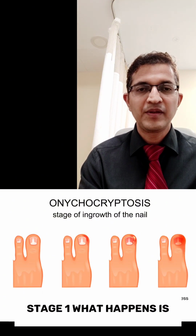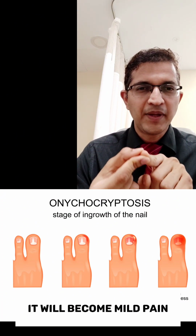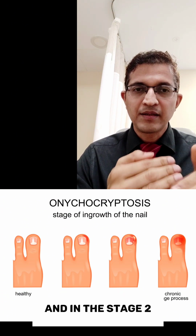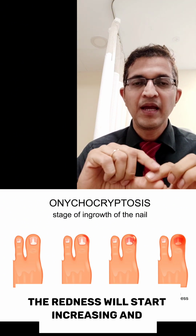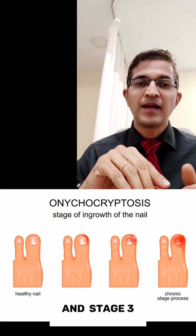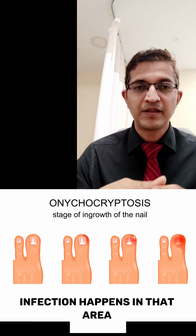Next we'll discuss that there are 3 stages of the ingrown nail. In stage 1, the side of the nail will have mild pain and some redness in that area. In stage 2, the pain will increase, the redness will start increasing, and it will become more painful while walking also. And in stage 3, bacterial infection happens in that area,